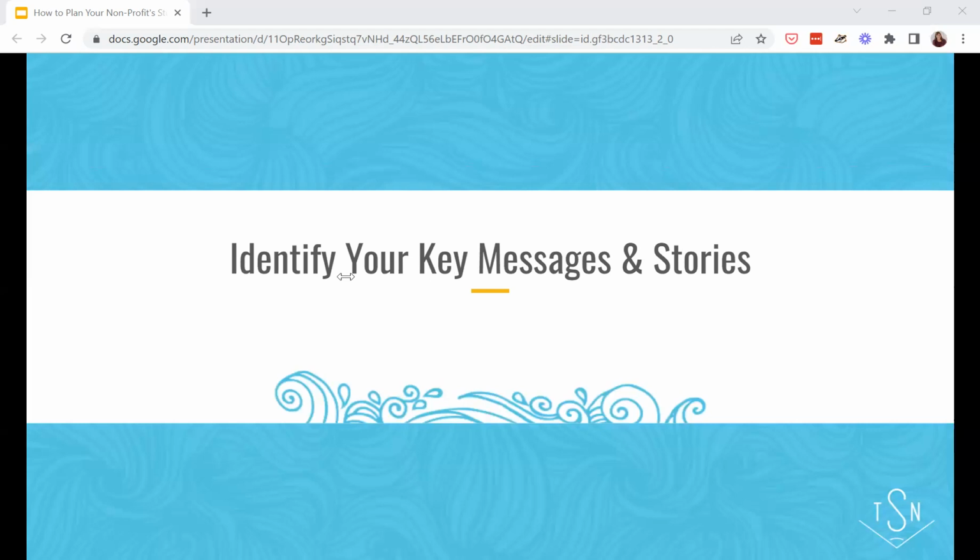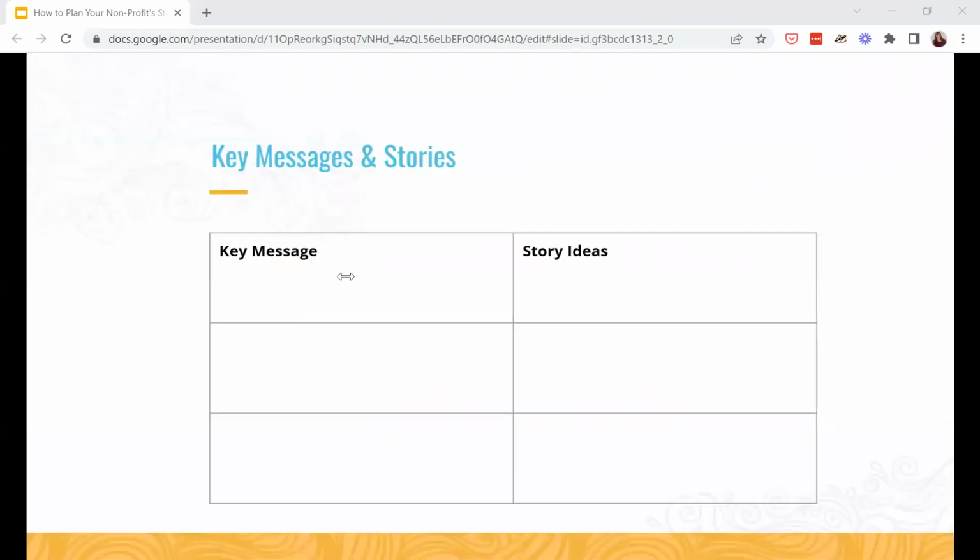So the first thing that we're going to do is start by doing a brainstorm. And when I do brainstorms about key messaging and stories where I'm really trying to align the content together, I like to use this table format. Sometimes I'll do it just on a piece of paper and I'll recreate this table. Sometimes I do it in a Word document, but I'll explain to you how this works. So on the left side of the table, I put each key message in a row. So these are key messages that correspond with campaigns or activities that are on my activity forecast.